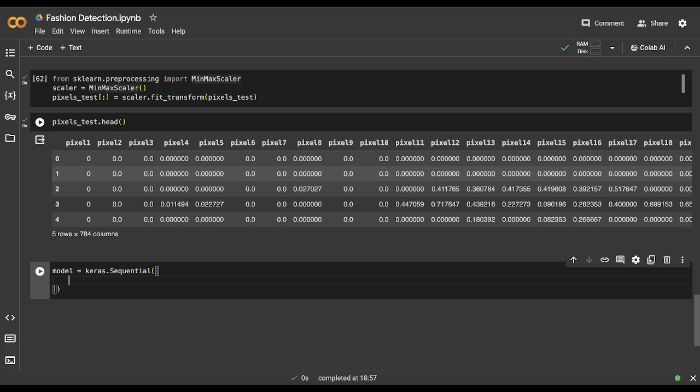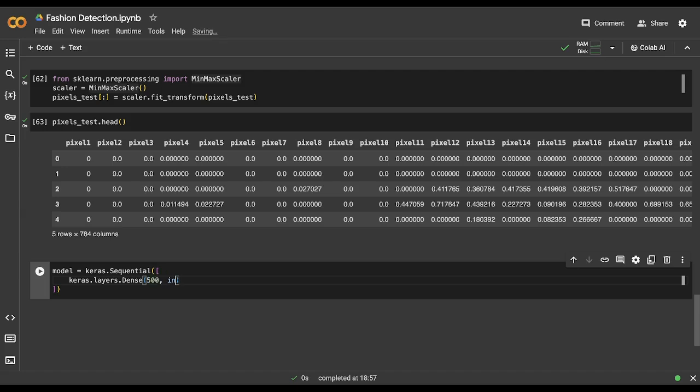First we'll say keras dot layers dot dense, and here we'll pass how many neurons we want. This is the first hidden layer. In the first hidden layer, let's say I want 500 neurons.